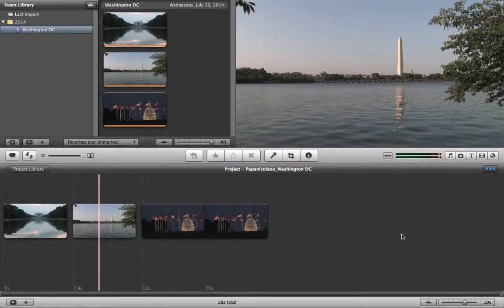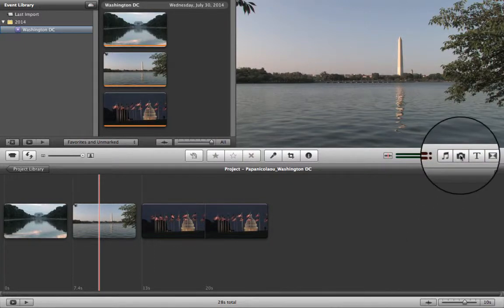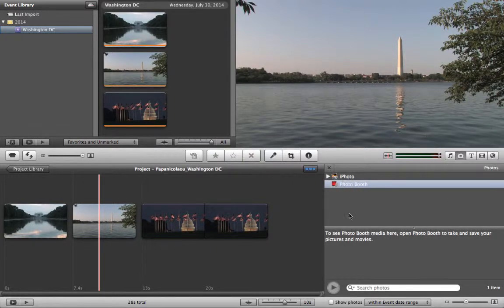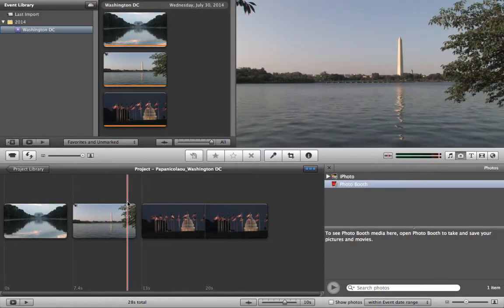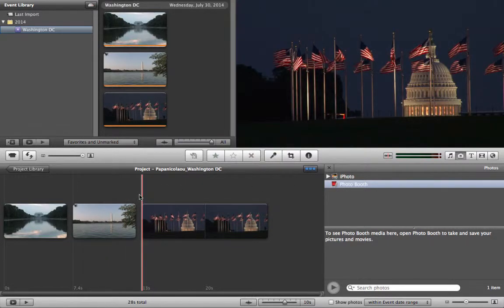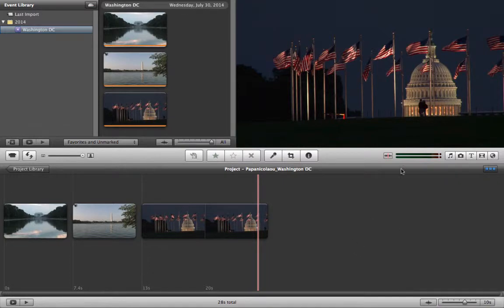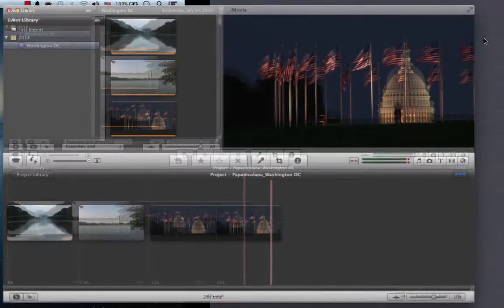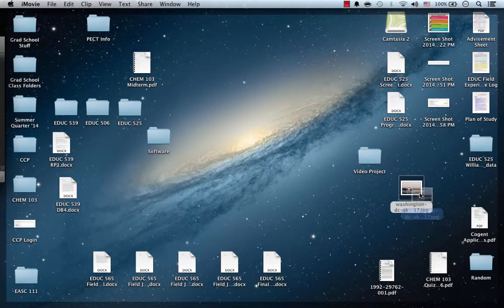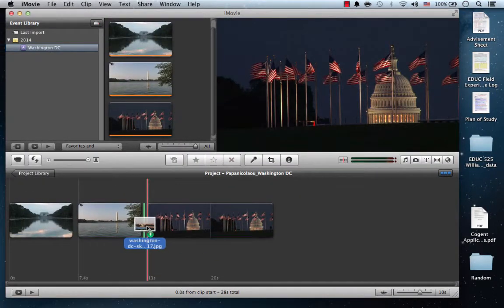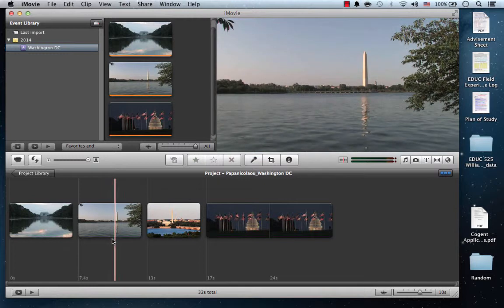If you want to add a photo to your video, you just click this button right here, and this menu pops up. You can find a picture and drag it over into your project like you did with the music, or something that might be easier is to just save the photo onto your desktop, and then just grab it and drag it into your project straight from there. And then your photo pops up